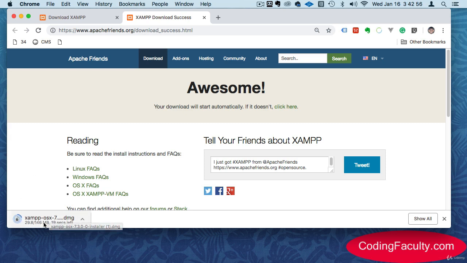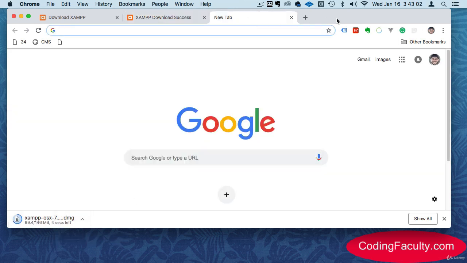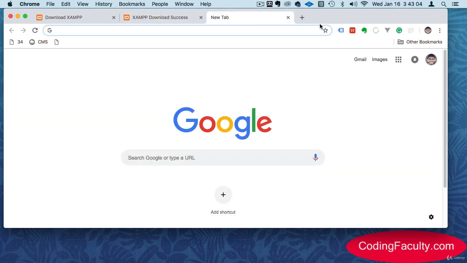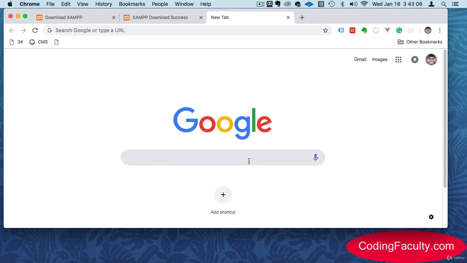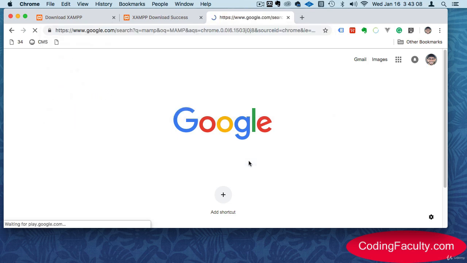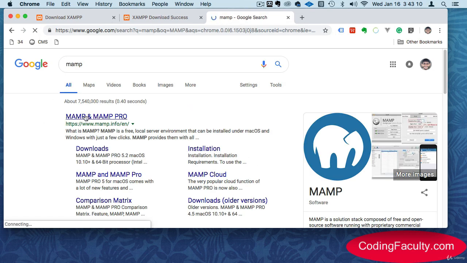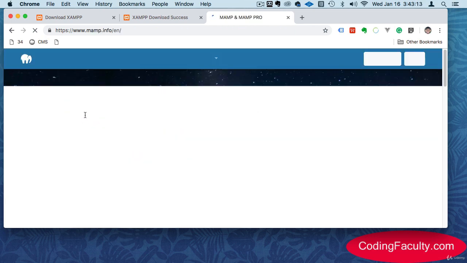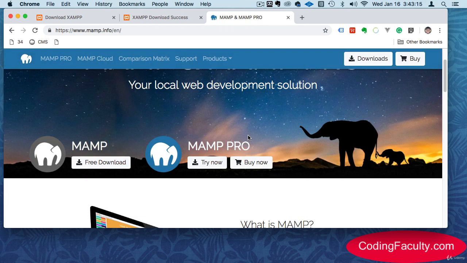Now, while this is downloading, let me show you another tool just in case you run into problems with XAMPP, because not everybody gets a smooth installation. If you run into any problems, there is another tool called MAMP, okay? And it's basically the same thing. It's a stack, a package that has a stack to run PHP on your computer. And it's going to detect whether you have a Windows, Mac, or Linux computer,